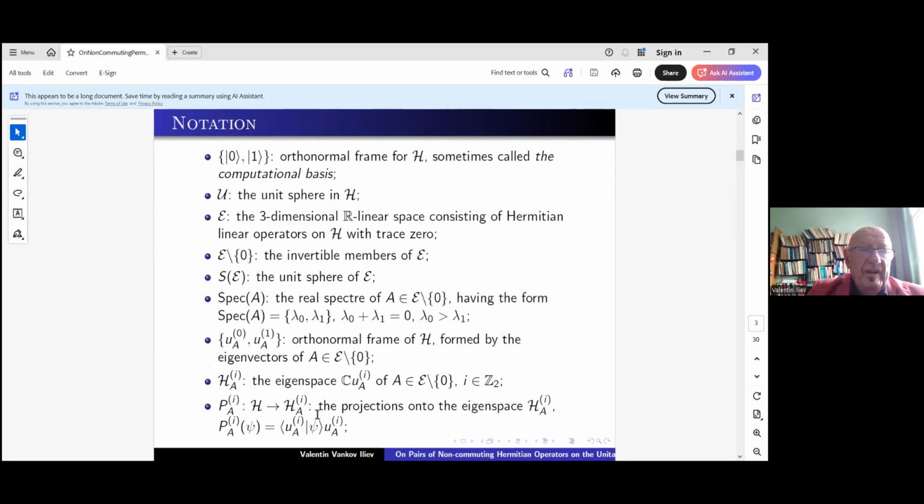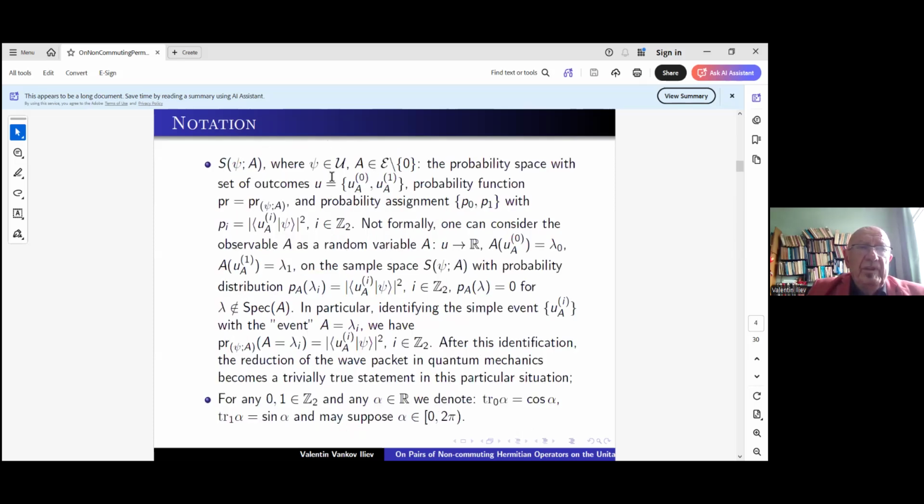And H_Ai are the eigenspaces, and these P_Ai are the corresponding projections defined in a natural way. And now we define this sample space. We discussed it, but the sample space in this particular case is when the orthonormal frame consists of two vectors, with this probability assignment. We discussed this in general, so I'll omit this. And finally, for any member of Z2, 0 and 1, and for any alpha,